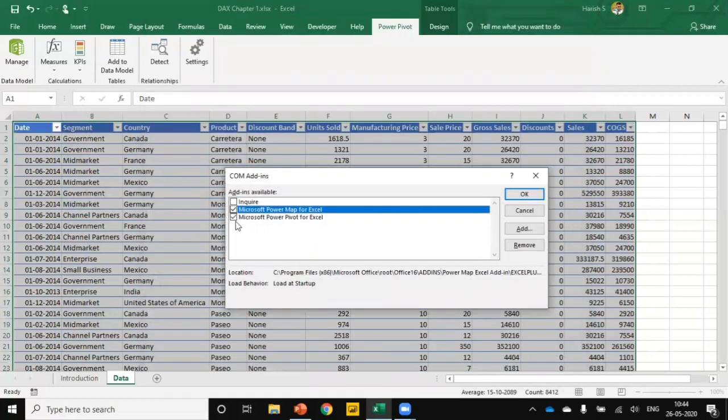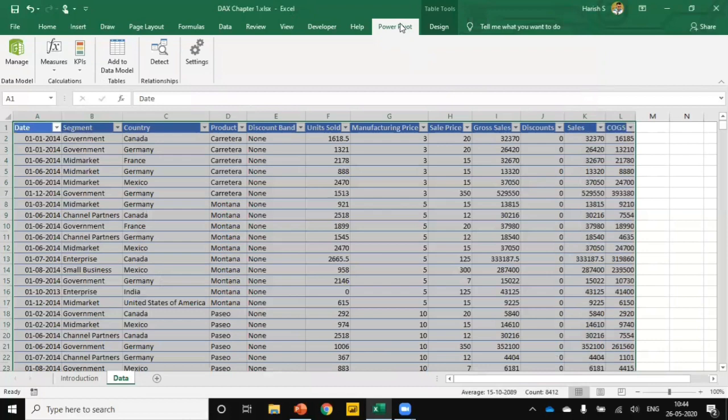Here you can see that Power Pivot for Excel is available. You need to check this and then click OK. Once you have added the Power Pivot tab, select this table and then click Add to Data Model.